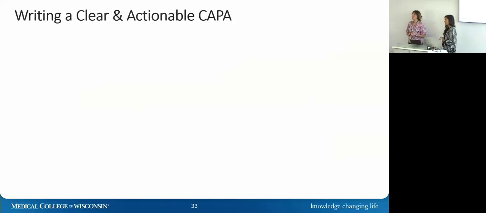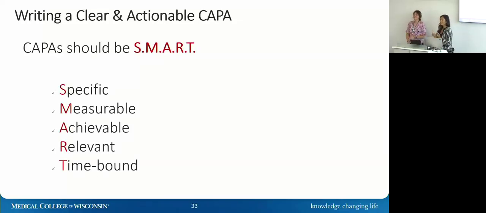So with CAPAs, I'm just going to recap. Sorry. So you want root cause, corrective plan, or corrective action, preventative action. With that CAPA, it needs to be SMART. It needs to be specific, measurable, achievable, relevant, time bound. We've talked about all these things already, but that's a really nice acronym to remember. So as Becca said, don't overpromise. That's the achievable component. Is it relevant to the why, the root cause of what spurred this